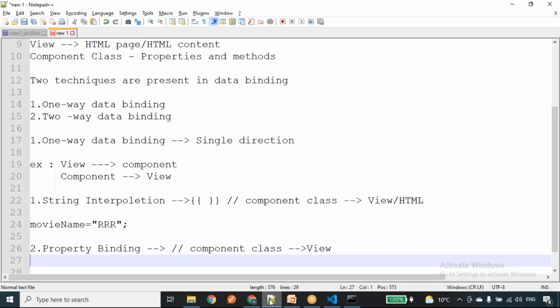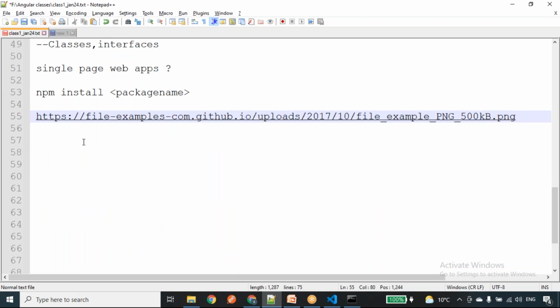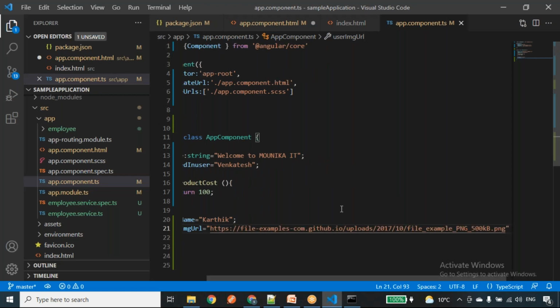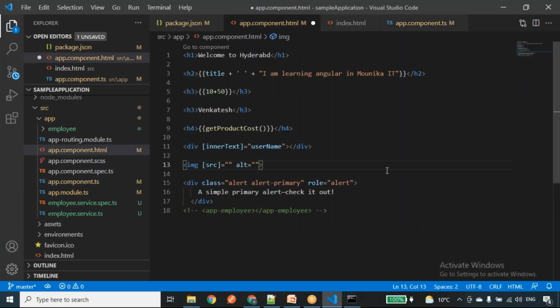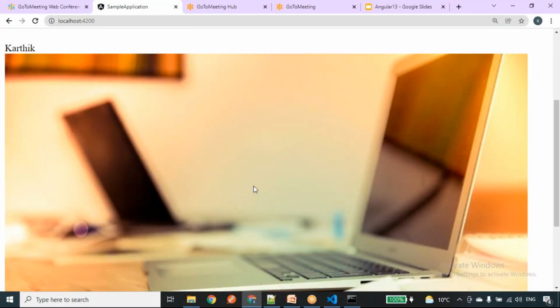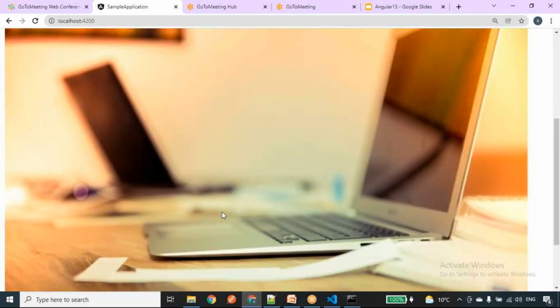I have one default image URL, https, which I just copied from the internet. We'll see the output. I'll give it here as user image URL. And now we are able to get the image in the web page.